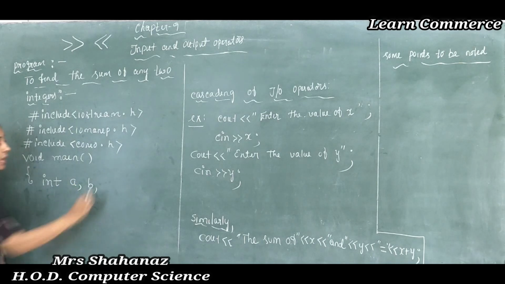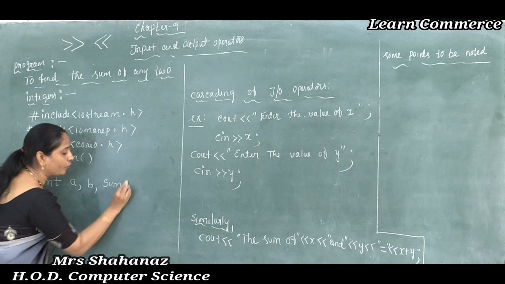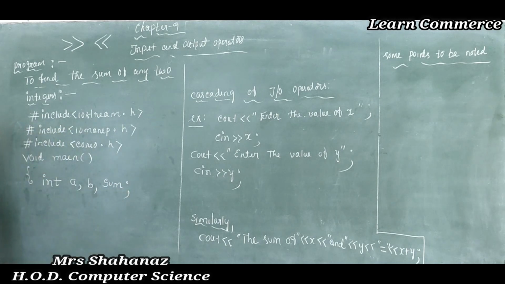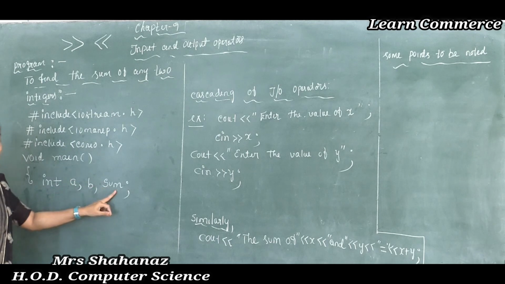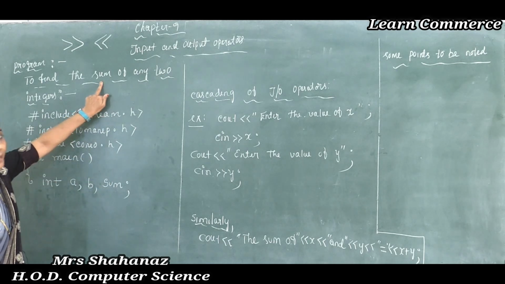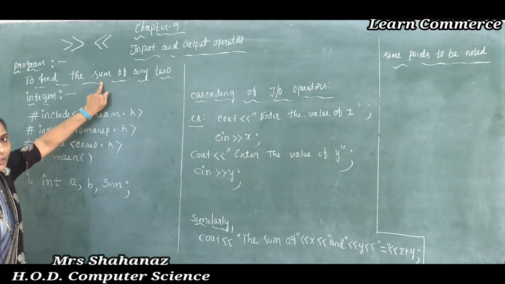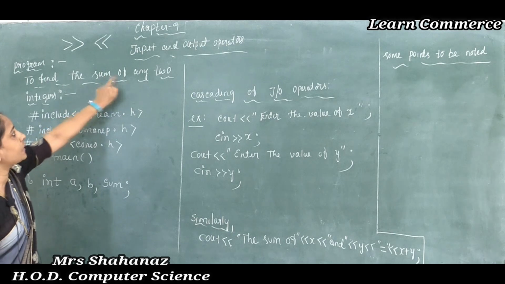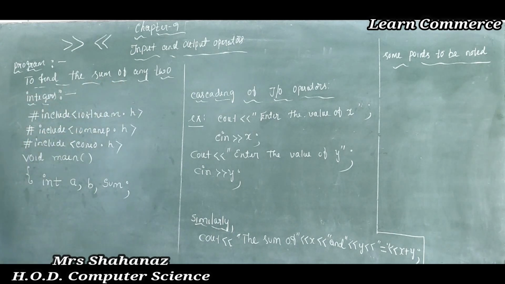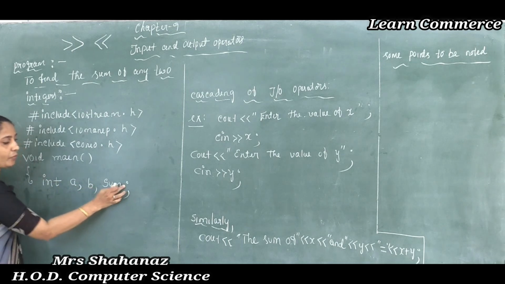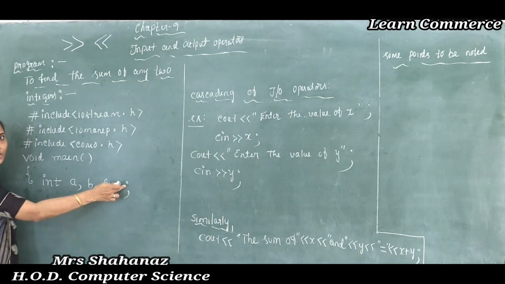Clear this point here? And also with that we need one more variable. The variable name is sum. Not just A and B, with that we need one more variable, because first of all after adding A and B values, later we put such value into the variable sum, in this case the sum of any two integers. So clear this point here? Okay, now A, B and sum, and finally such a statement is terminated by using the semicolon.